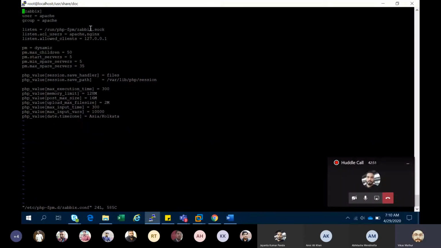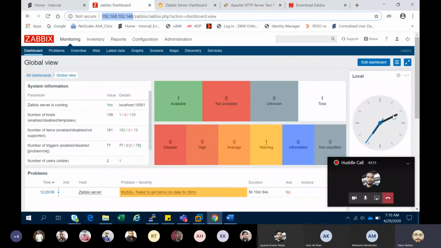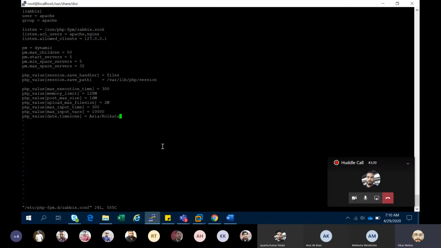So when you open this file, because we are in India, in Asia, we need to change it according to your country, and it will monitor your services according to your time zone. If you're not adding your time zone, it will show you a different time. So there is a need to make some changes in this configuration file.